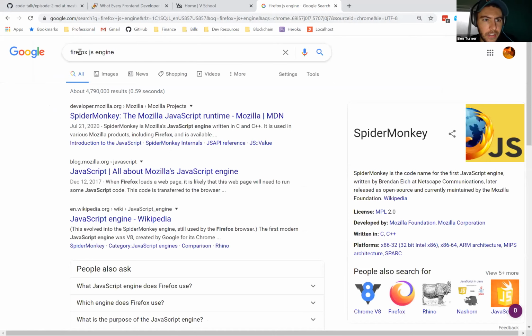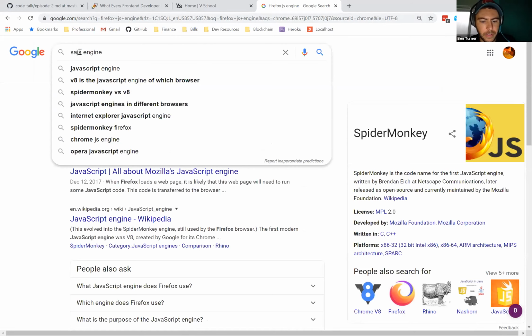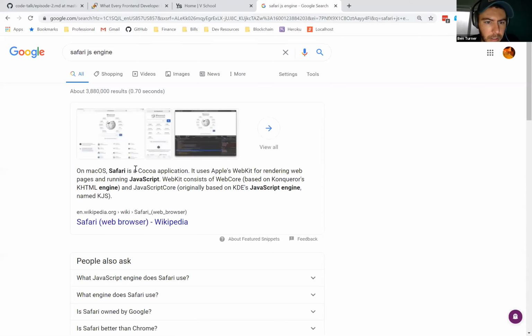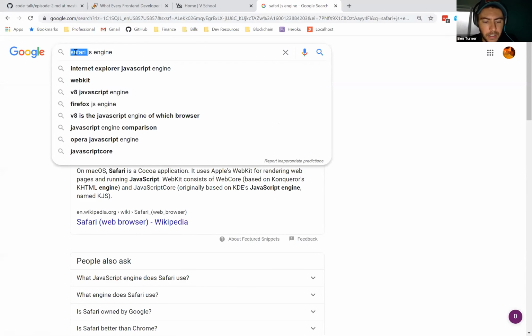And then I don't know what Safari uses. Probably like Cocoa, I guess. I've never heard of that. But there's that. Every browser has a different one. What's another browser? There's one that no one ever uses. Oh yeah, Internet Explorer.